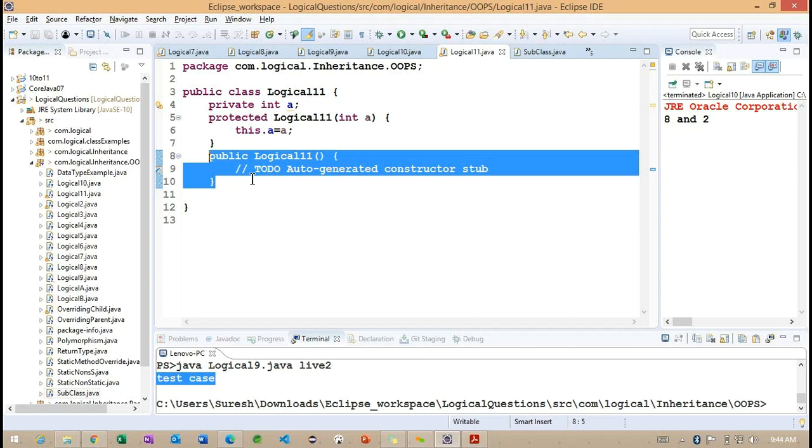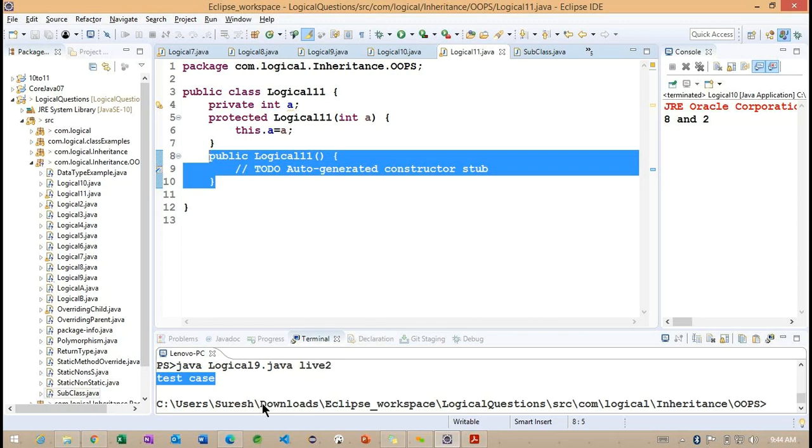So these are the simple logical questions we are discussing related to OOPS, because we have overloading, overriding, encapsulation, inheritance, and we are working with objects and classes. Getting the point? So we have more information on these OOPS principles.